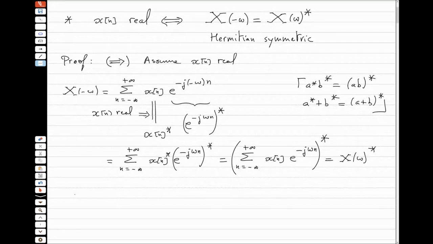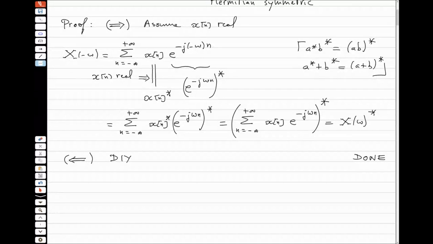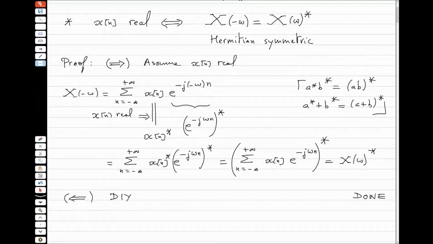Now the other implication, next, done. I like this technique of proving, DIY. Okay,